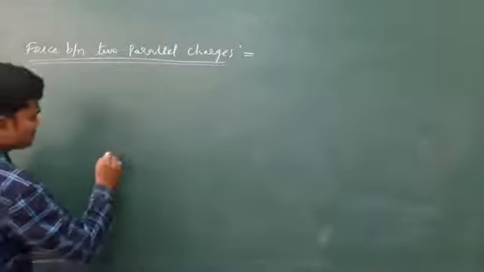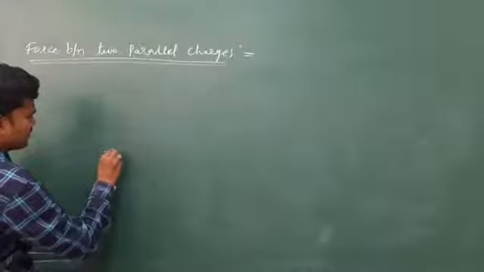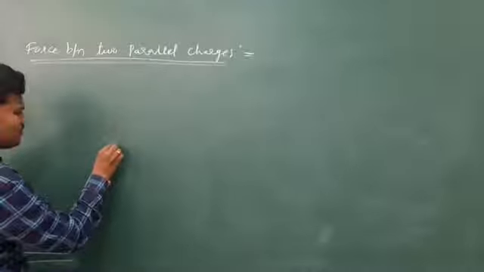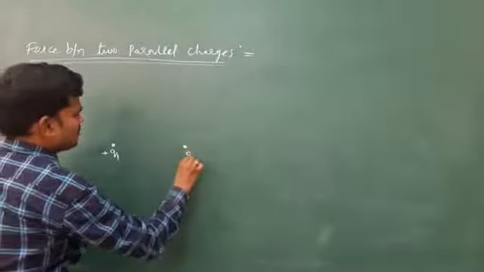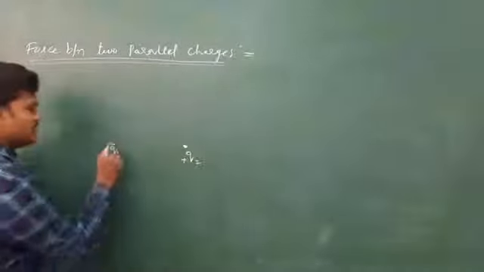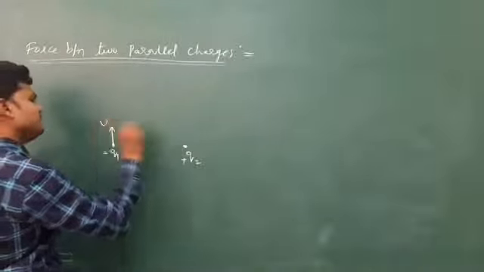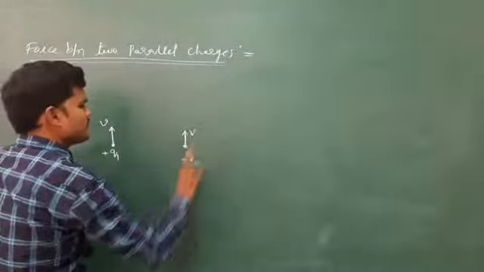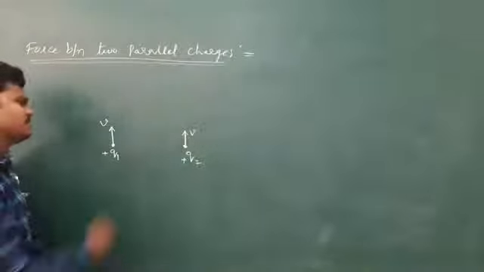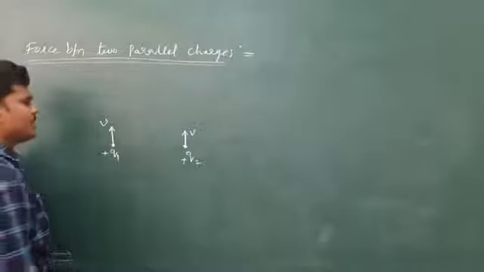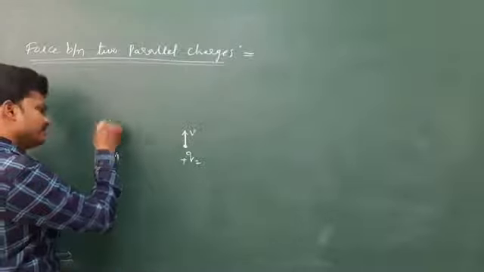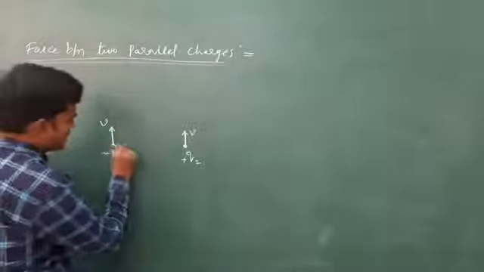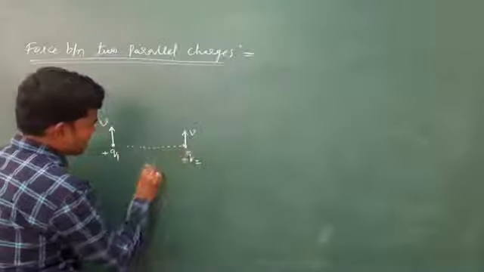Okay. Here, let us suppose one charge I am taking Q1, one point charge. One more charge I am taking something Q2. Both are some positive charges. Both are moving with some same speed V. Otherwise V1, V2, that's not a problem. Okay. So if it moves with speed something V, and if they are separated by distance R,